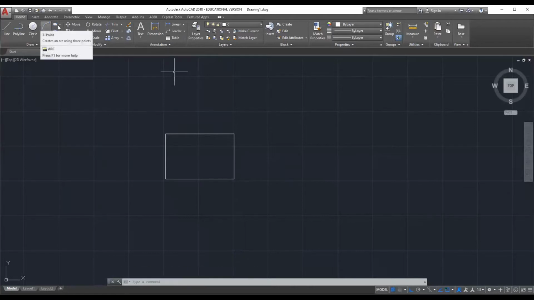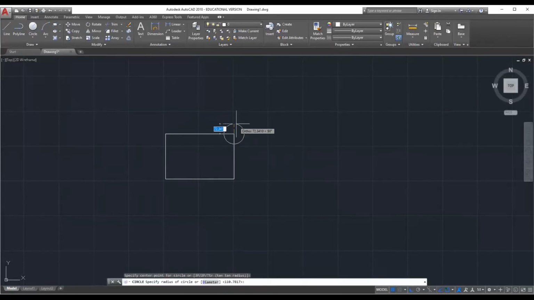Select circle, center with radius, and draw a circle here. I made this simple drawing. These two objects are separate. Circle is one object and rectangle is one object. I will try to convert these two objects into a block.